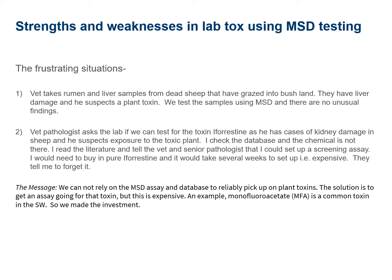So in the first case, we didn't pick up the plant toxins because it's very likely that the plant toxins are not actually residing in the database. The message: we cannot rely on the MSD assay and database to reliably pick up plant toxins. The best solution